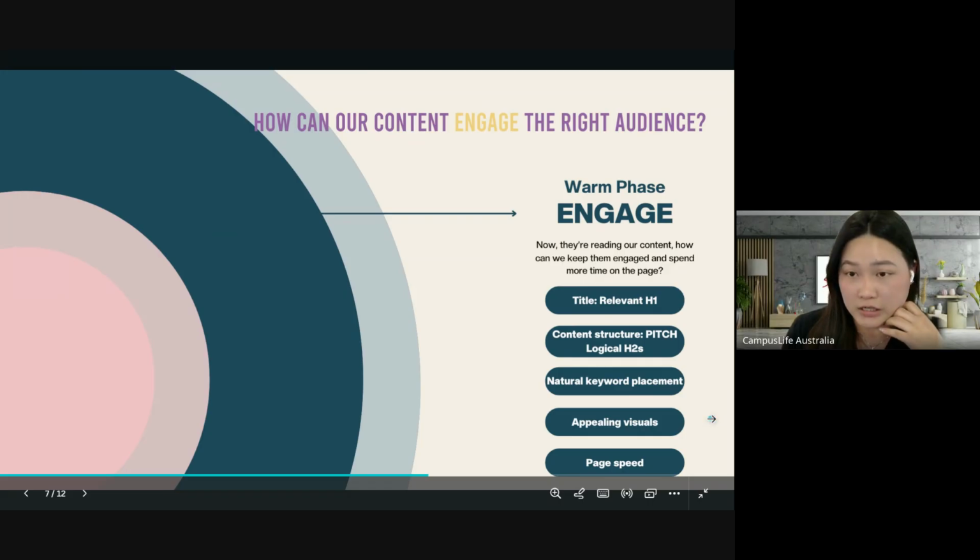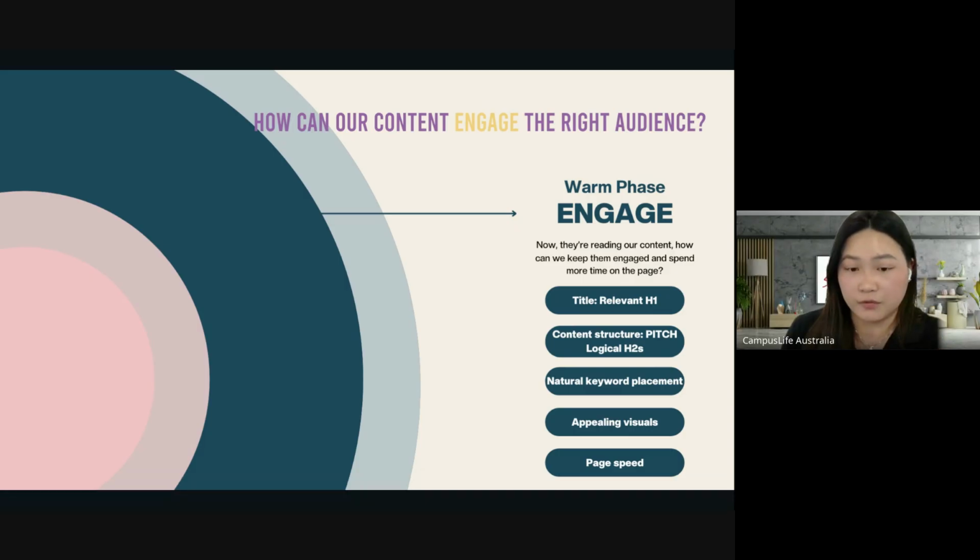And finally, page speed. On the page, as I mentioned before, we could add a lot of visuals like images and videos. However, we need to be really careful in the selection of those as well. We don't want to overwhelm people with images or videos, and we don't want to overwhelm the search engine either. Because if we have too long a video or too heavy documents on the page, it could slow down the page, which we don't want. We want the page to be functioning fast enough so that it's loading well for people and it doesn't stop the experience. Yeah, that is something to pay attention to.